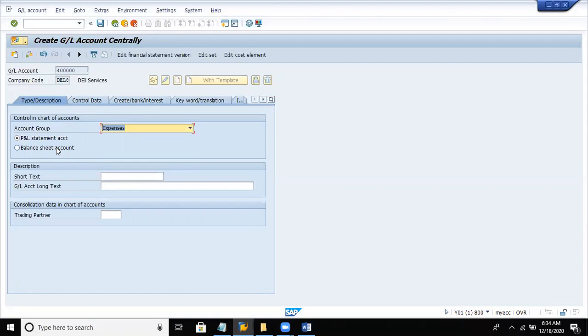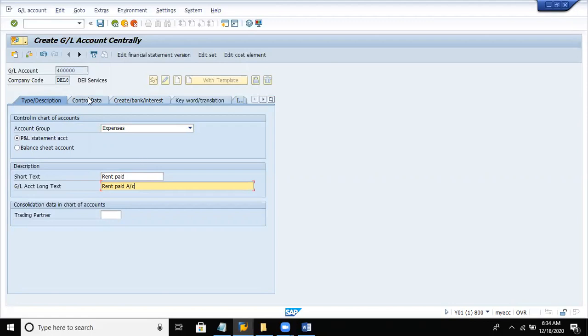If it is balance sheet, we have to update it as balance sheet. So it is a P&L statement and short text. So what sort of expense it is? So let us say it is rent paid account. So rent paid is one of the expense, right? So let us update it as rent paid account.